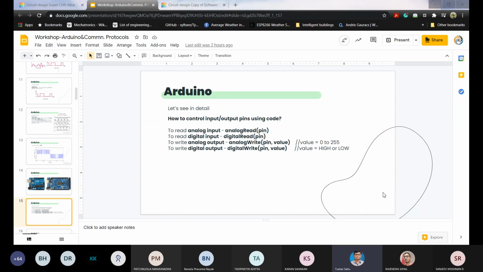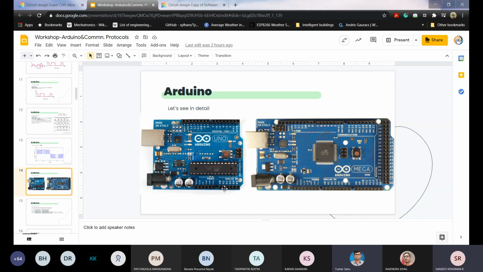Sir, in the last slide, you talked about A0 to A15 pins. Over there, we can only use analog read, right? Yes, from A0 to A15, or A0 to A5 here, we can only use analog read. And sir, to use analog write, we can use those PWM pins. Exactly. To use analog write, we need to use PWM pins, because there the analog output is achieved through PWM.